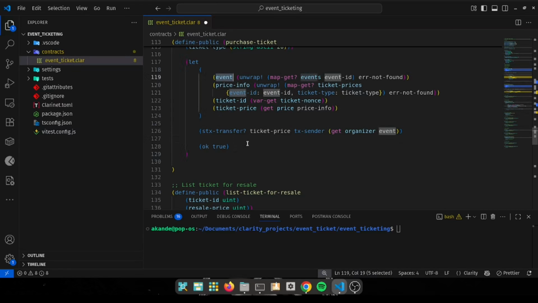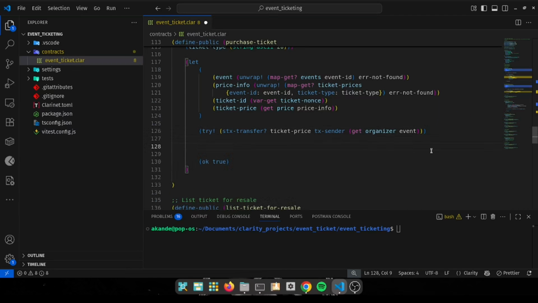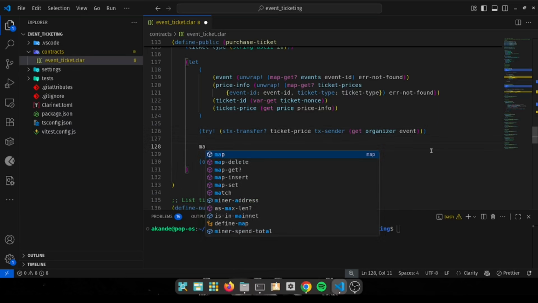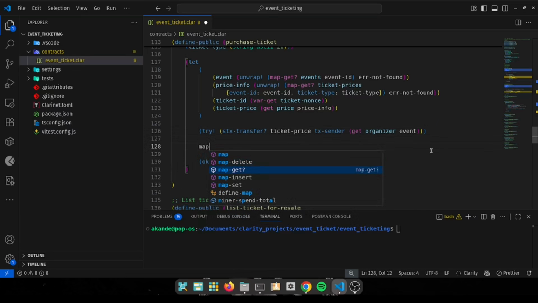So now, in case maybe you don't have some STX or something else just goes wrong, you want to be able to cancel all of this and not do anything else. That's why we're going to be using try. Try just cancels it all, returns everything back, and assumes that this never happened. That's the purpose for try. And after all of this is done, if this goes well, we want to set everything to the blockchain. So that would be map-set